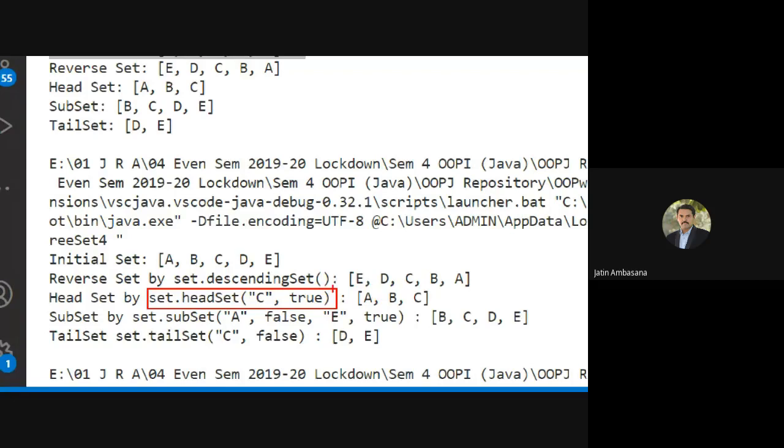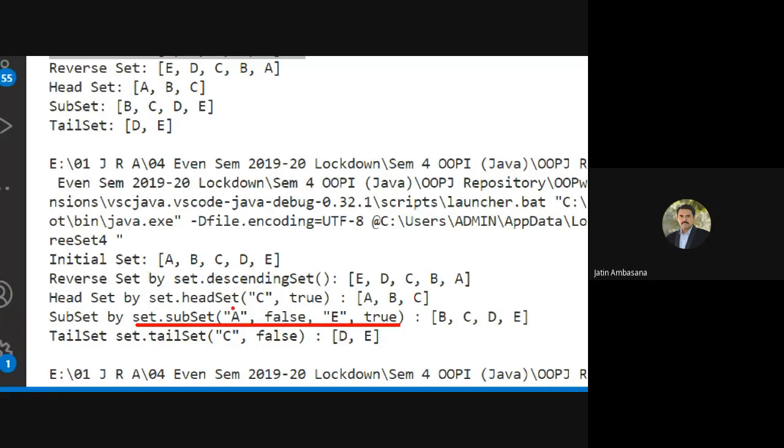So what happens is it gets the set. Okay. Here true means this C also gets included into the set, and head set means the set that comes before C, and tail set means the set that comes after this particular element C, and a subset means a set that comes in between these two.